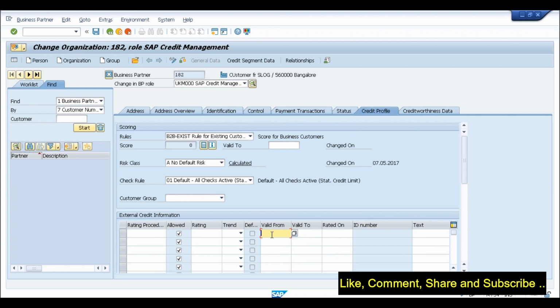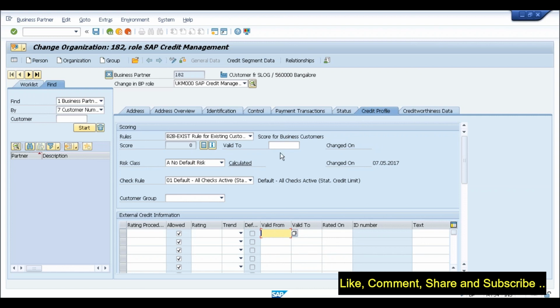Yes, then only we can correlate the things, because FSCM is a big topic, and this means AR credit management. Otherwise we cannot correlate how this credit segment and all the things are working. We are just checking one customer, and if our concept is not very proper, it will not work for thousands of customers. Exactly, I got your point. Thank you. Okay, please proceed.